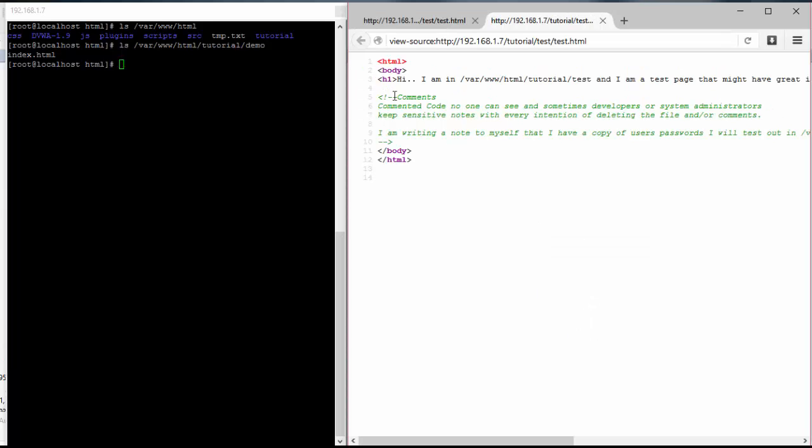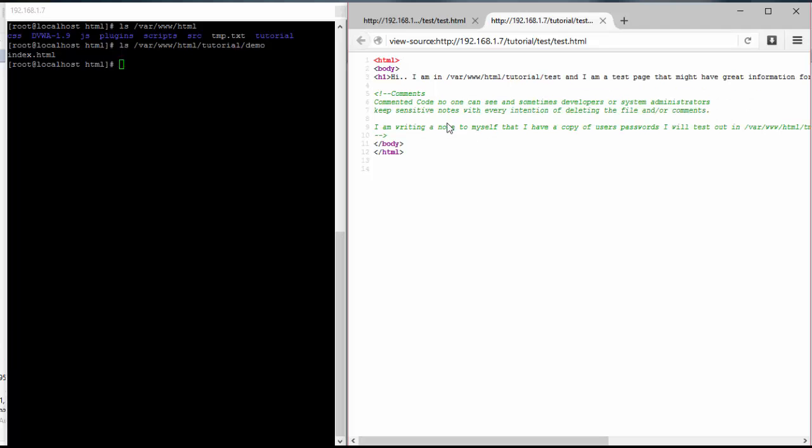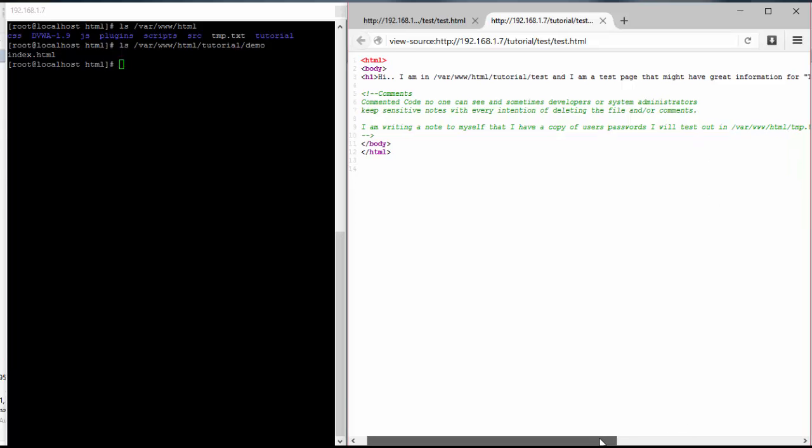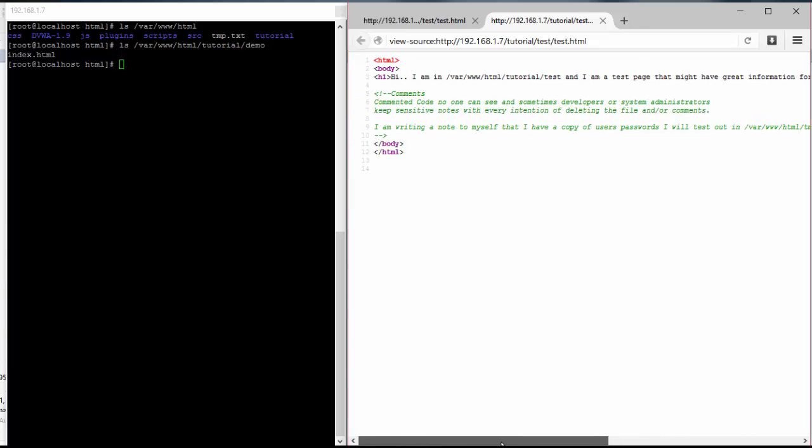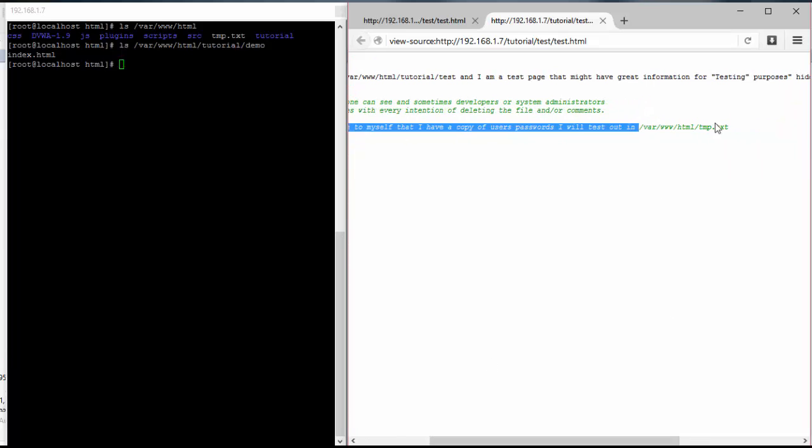Notice something interesting? There's a section in the comments that states, quote, I am writing a note to myself that I have a copy of user passwords. I will test out in /var/www/html/tmp.txt. End quote. Interesting. There is a temp.txt file located directly in the HTML directory that we're not able to see because Apache has a default page displayed when navigating to